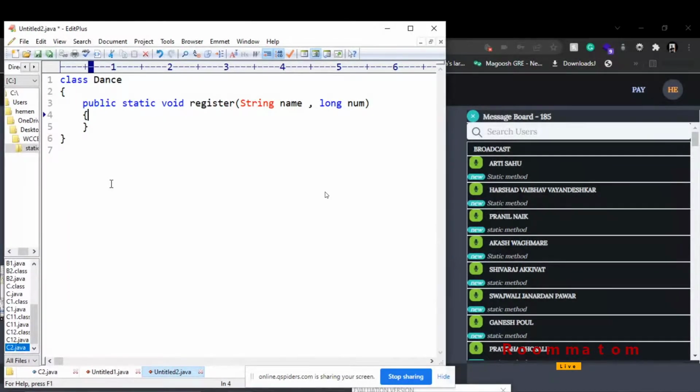Then what we'll do? We will print system.out.println. We'll print registration for dancing. System.out.println.